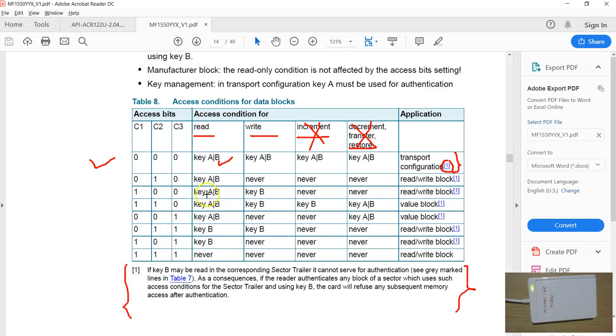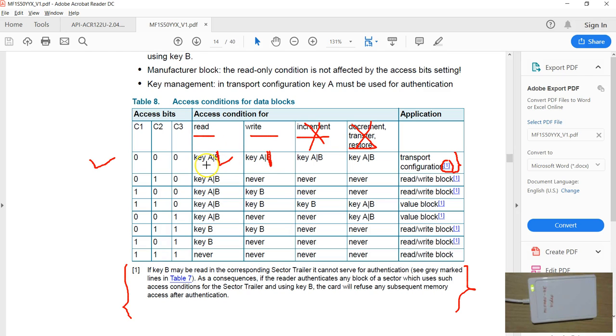Now you know that key A is not readable at all. You cannot read key A. So I'm going to repeat again. What it means here is, if in any configuration you are able to read key B, now the question is, is key B readable? Yes, it is readable in some configuration. But is key A readable? No, key A is not readable at all. So if you ignore this for the time being, if it confuses you,